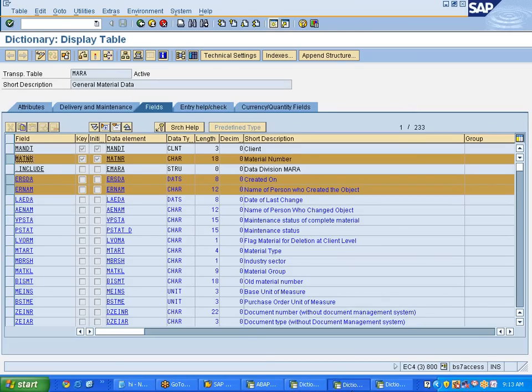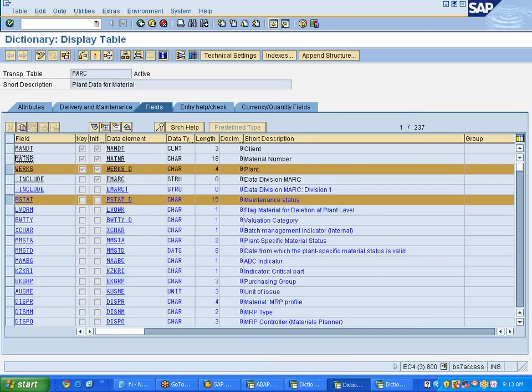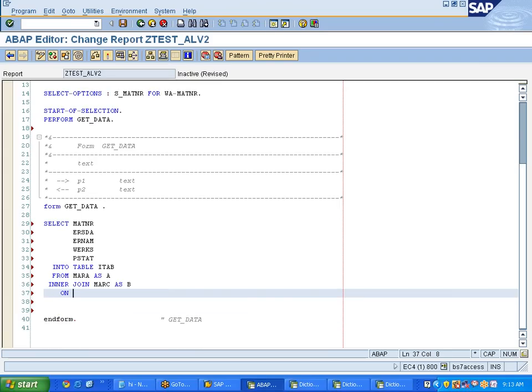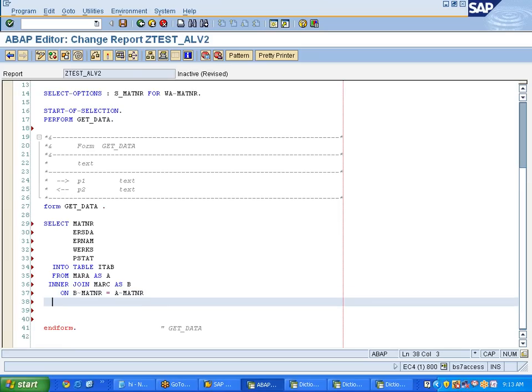This is a Marc table, so MATNR is a common field. You need to give that common field in the on condition: B tilde MATNR is equal to A tilde MATNR, and the where condition is, however, you need to give where